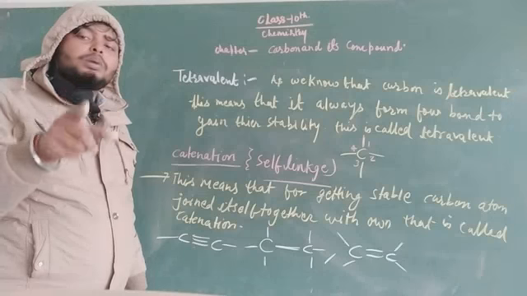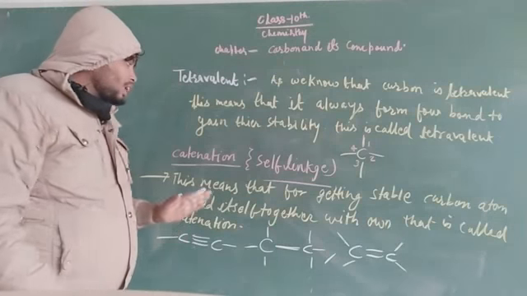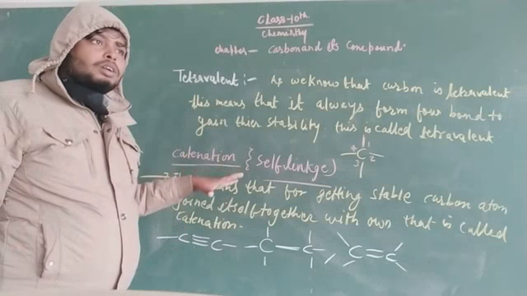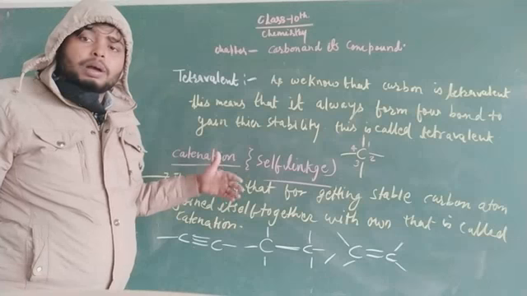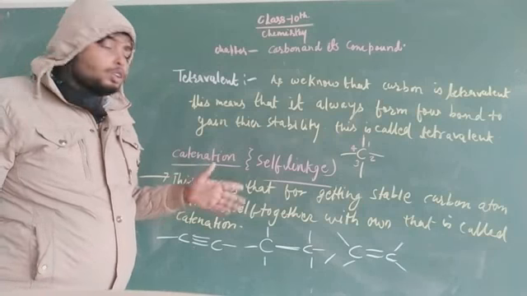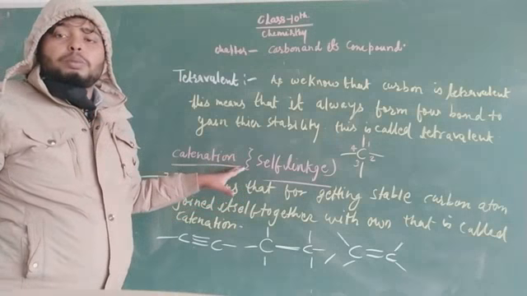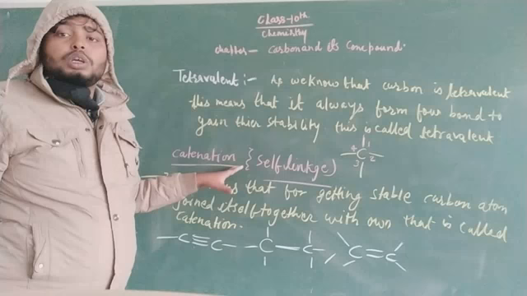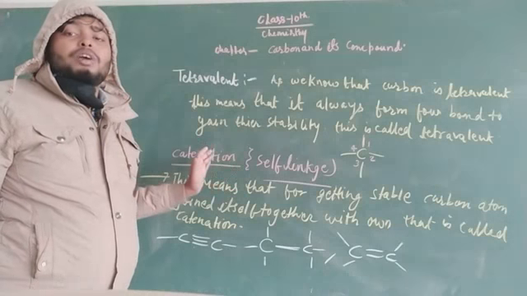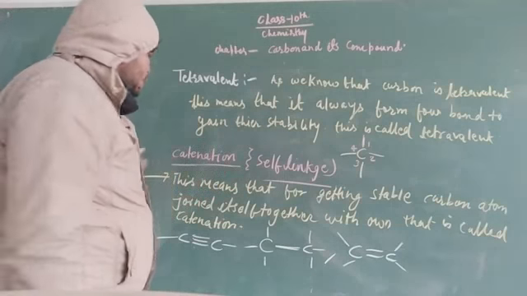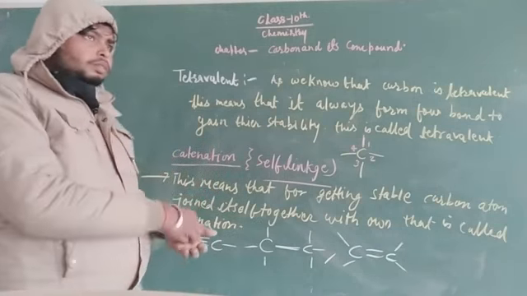That means the question will be asked: what is the reason for the presence of many carbon compounds? What is the reason for many types of carbon compounds? You have to say the reason is catenation. This is the unique property of carbon, which is why so many compounds are found in the earth. So these are all the criteria we have learned here.